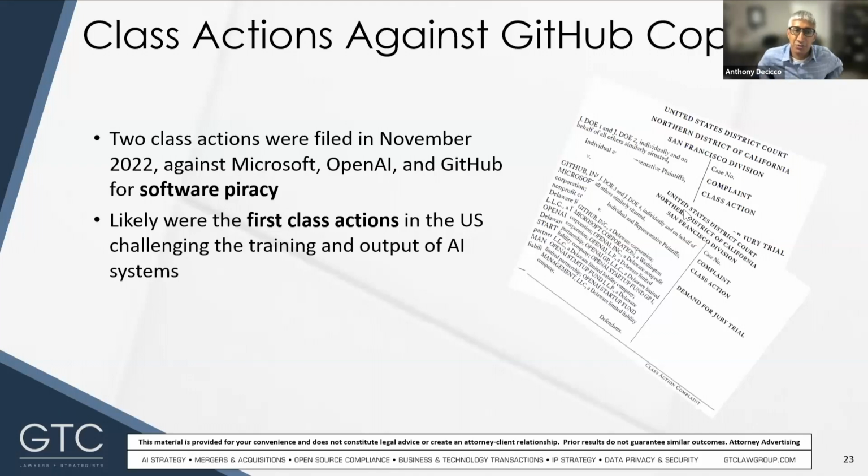And since these suits were filed, Sarah Silverman and a couple other authors filed another proposed class action lawsuit against OpenAI, alleging that their copyrighted books were used to train ChatGPT without their consent, without credit, and without compensation. It's interesting to note it's the same lawyers bringing that class action suit as this one we're going to talk about. There were also 2 more class actions filed against OpenAI and Microsoft relating to ChatGPT and DALL-E.